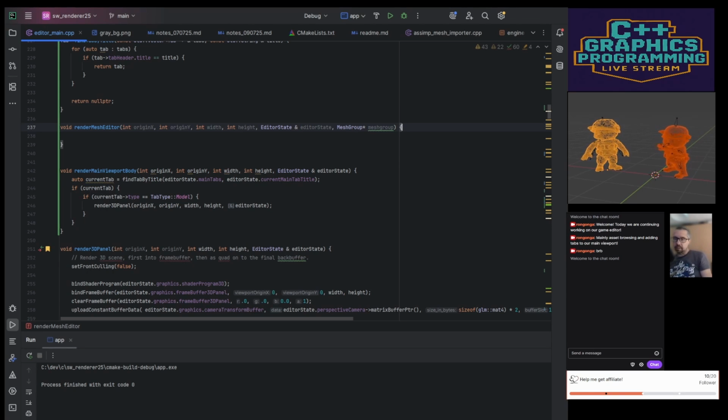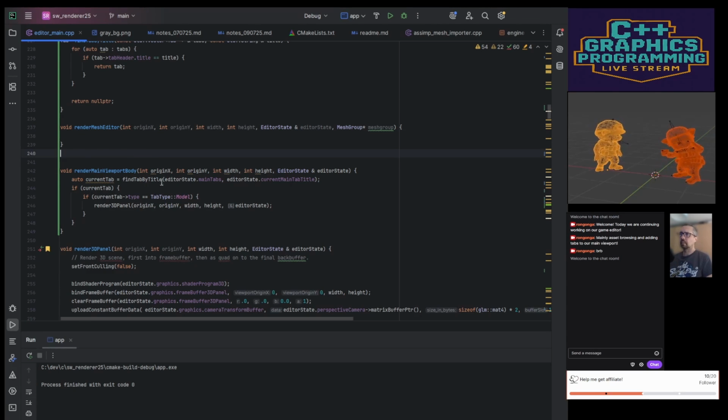And so the vision for this mesh editor is that it will show all the submeshes, all the materials, and then you can later on, if it's a skeletal mesh, also see the bones. And if it is a skeletal mesh and it has some animations, I think this would also be a good place to offer an animation editor where, at least for the first iterations, we will just have an option to play all the animations that are bound to this mesh. Okay,